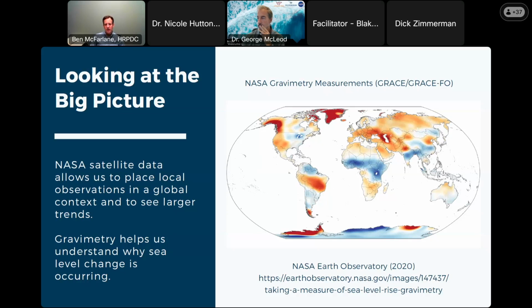And so, for us, getting a better understanding of why sea level rise is occurring, why sea level is changing in different parts of the globe in different ways or in different amounts, right? So we know by measuring land subsidence that different parts of the United States are rising and falling, in terms of the land going up and down. But getting a better understanding through these measurements of mass and the distribution of mass across the globe really can tell us what's happening now, why it's happening now, and what's going to happen in the future